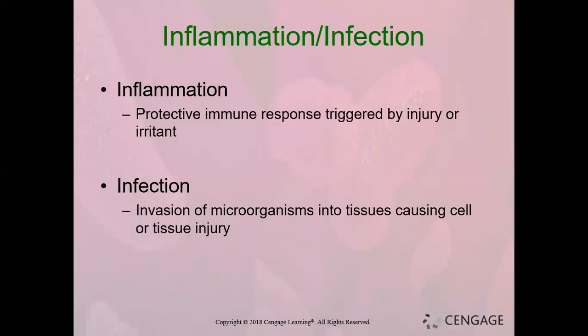Let's talk a little bit about inflammation and infection. Inflammation is just our immune response. It's triggered by an injury or an irritant. This happens with so many things. A broken bone would be a bigger one that inflammation is geared up for. If you think about if you twist your ankle or you sprain your arm, it swells. And that's what this is. Your body is just trying to protect whatever area is injured, so it swells the tissue around it to try to protect that area.